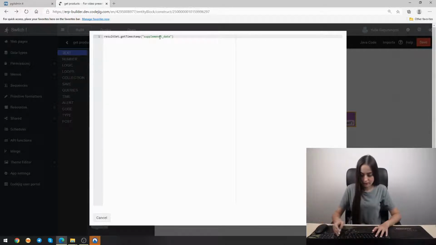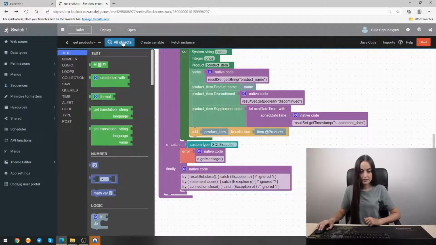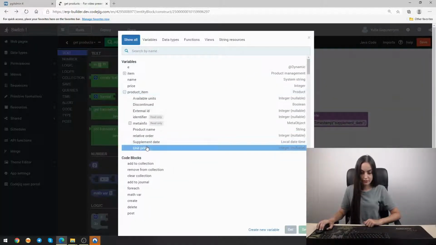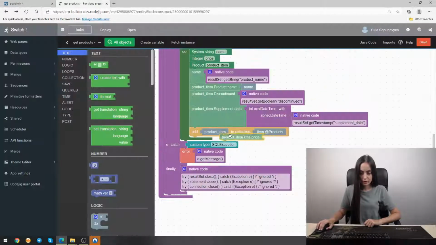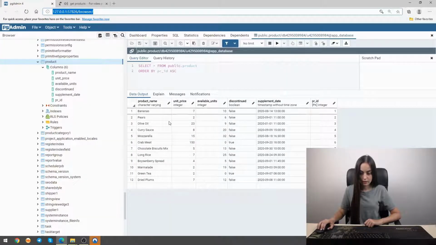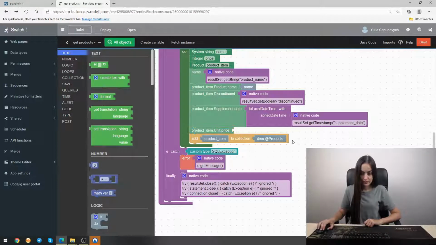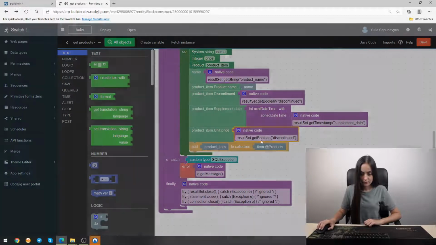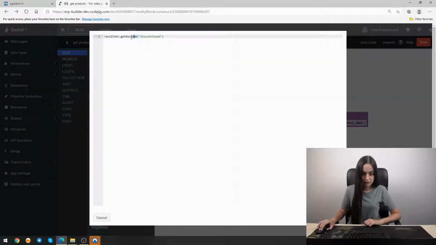Let me fix it. And the next field could be, for example, the unit price, which is in our database stored as an integer. So we again use a native code, and a function for this field will be getInt, and the name of a column should be changed to the unit